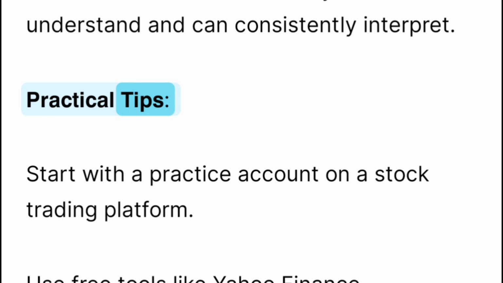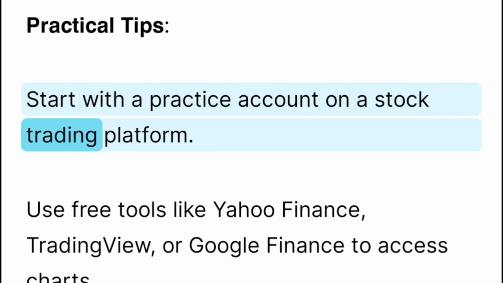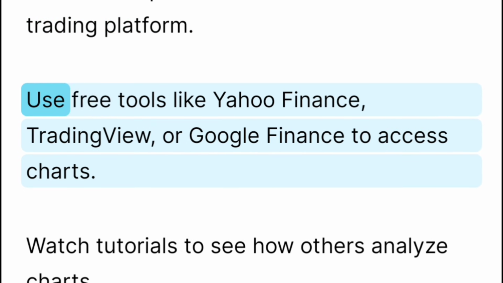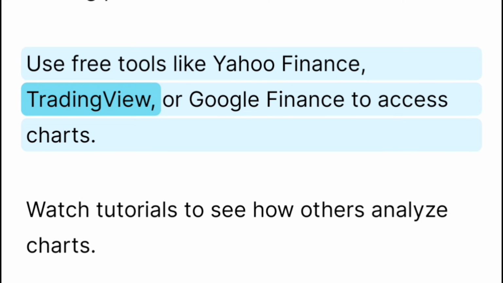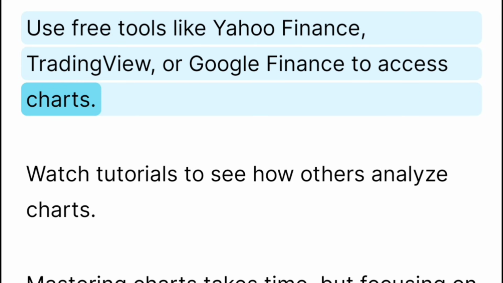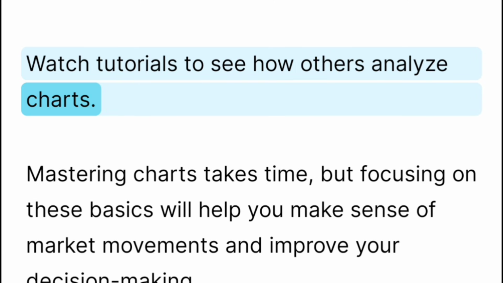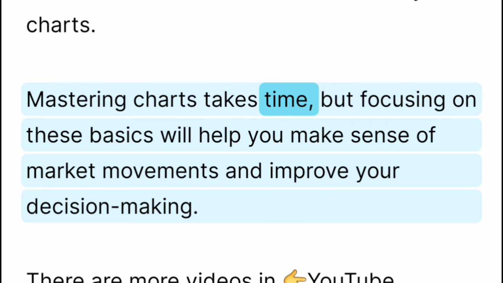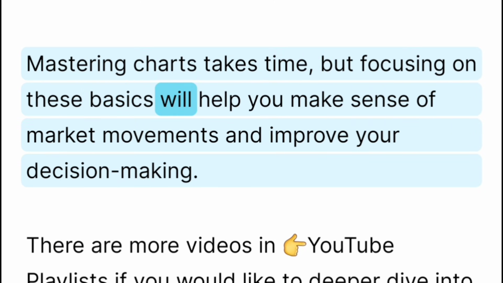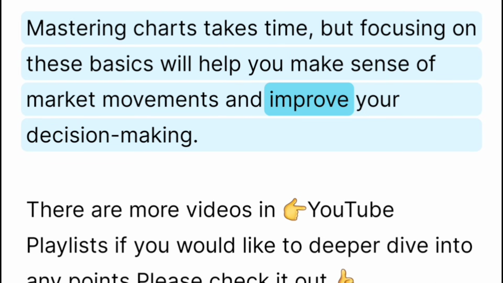Practical tips. Start with a practice account on a stock trading platform. Use free tools like Yahoo Finance, TradingView, or Google Finance to access charts. Watch tutorials to see how others analyze charts. Mastering charts takes time, but focusing on these basics will help you make sense of market movements and improve your